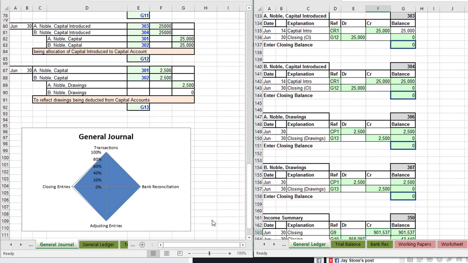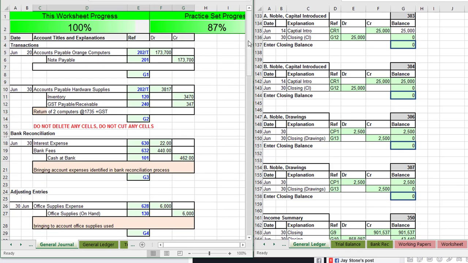So, closing now, we've got to indicate which accounts we've closed them to. 306 could be locked, is it? No. And account 307. But we're still not 100% here. Drawings. That's the circular reference. Right now, that looks like it's 100%. So, way to go. We have completed the